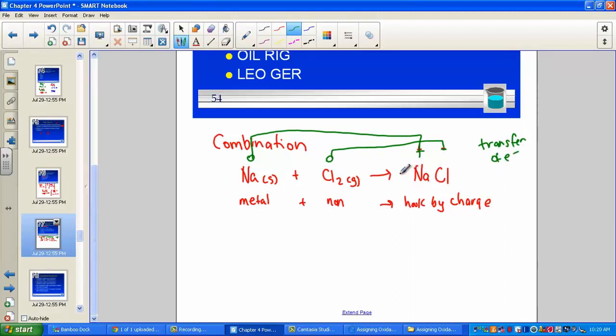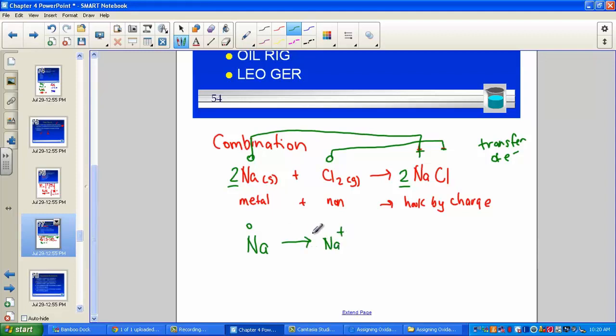Now let's go ahead and balance this. We'll need a 2 in front of each of these. So 2 Na plus Cl2 makes 2 NaCl. You'll need to adjust that coefficient in your notepad page. So we've had a transfer of electrons. When sodium became more positive, let's show this. Sodium started at 0,